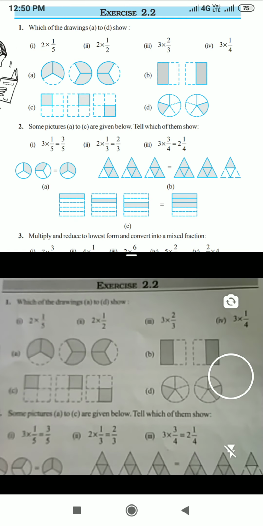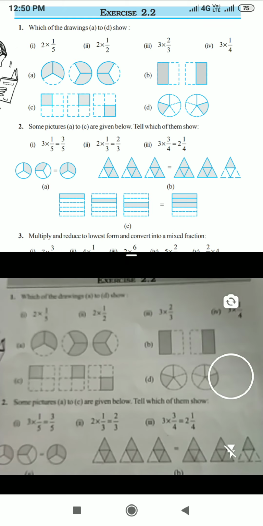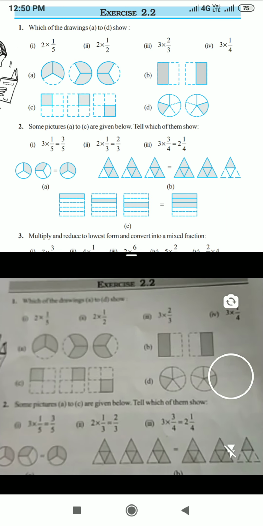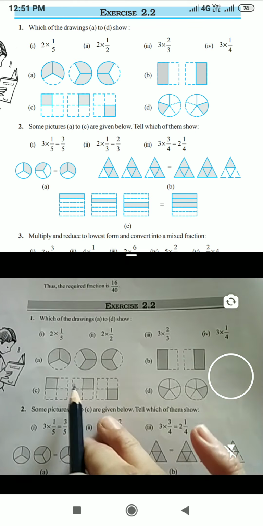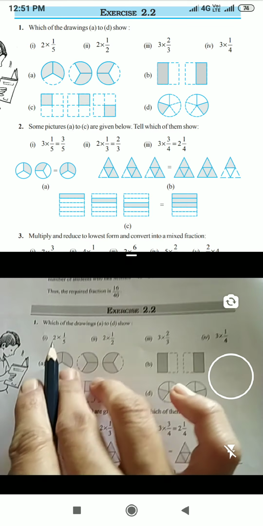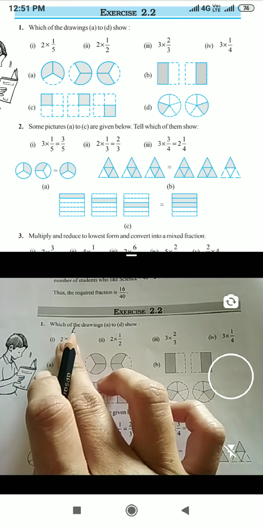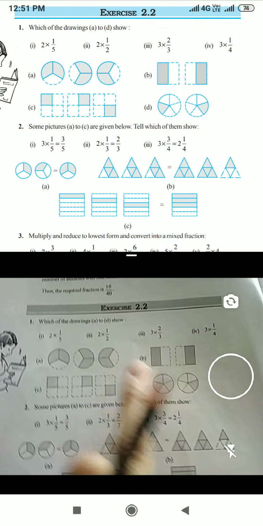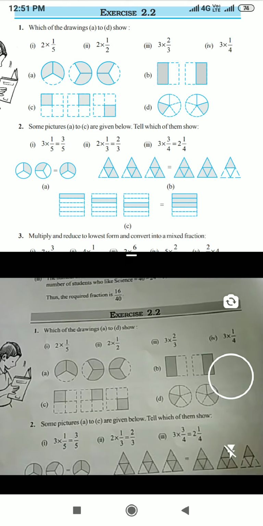Now in your classwork, what you have to do first is write the new exercise on a new page. Along with that, you have to copy the first bit in your reader with the diagrams. The question should be copied, the sum should be written and the diagram should be drawn. You are going to write the question and in front of that draw the answer. If you get confused, I will write one for you and show you.